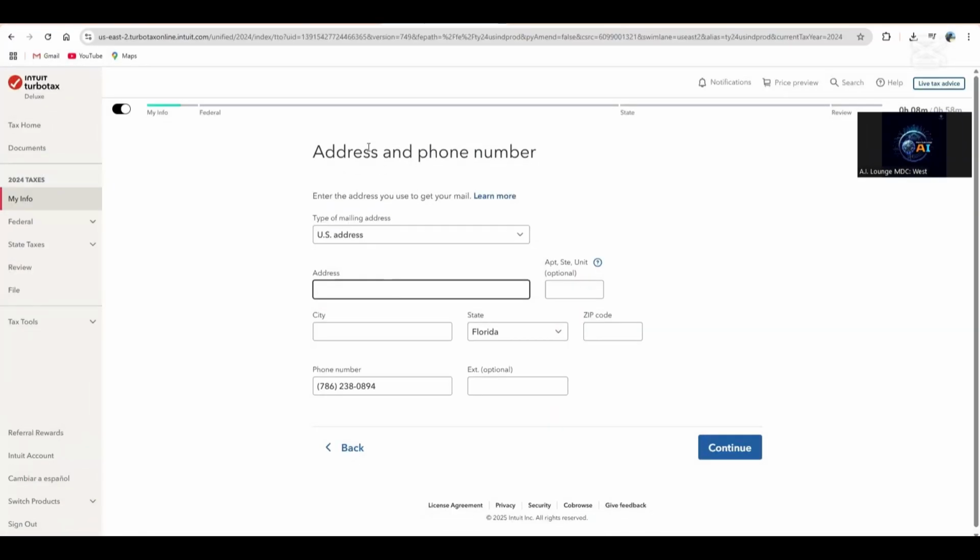Okay, so now they're asking us for an address and phone number. Again, guys, I'm just going to be inputting a random address. I don't actually live here. If you do happen to live here, I apologize. So Everglades Drive for St. Lucie. This is just a random address from Florida because, as I said before, I'm aiming to help